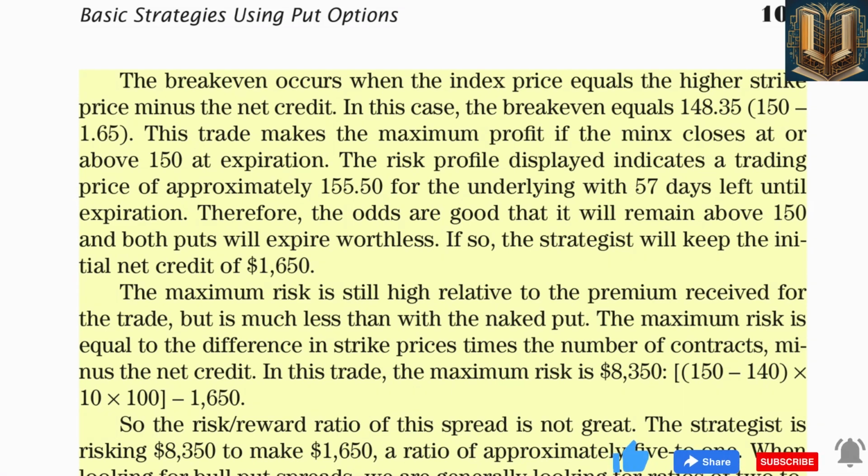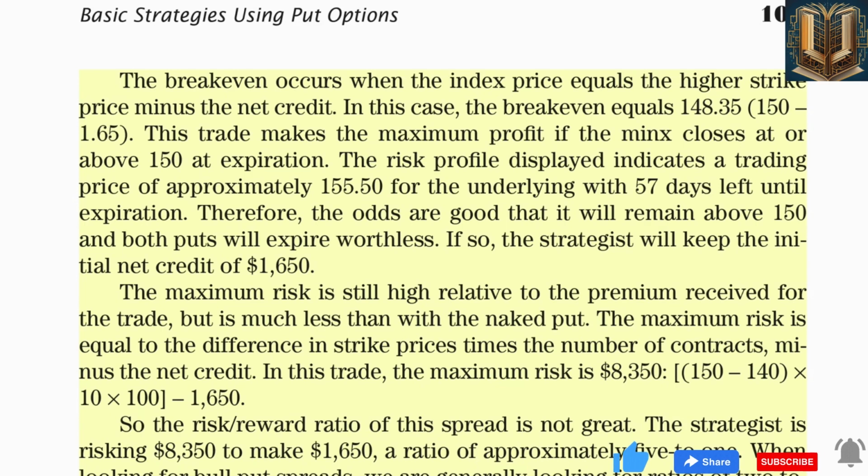When looking for bull put spreads, we are generally looking for ratios of 2 to 1 or better, which is difficult to find in the index market but can sometimes be found in the stock market. Nevertheless, the point remains the same. Like the naked put, the bull put spread brings in premium when the strategist expects the market to move higher or trend above the strike price of the short option. However, the spread will limit some of the short put risk during a significant market decline. In sum, it usually makes sense to pay a nickel or dime for this type of insurance rather than simply